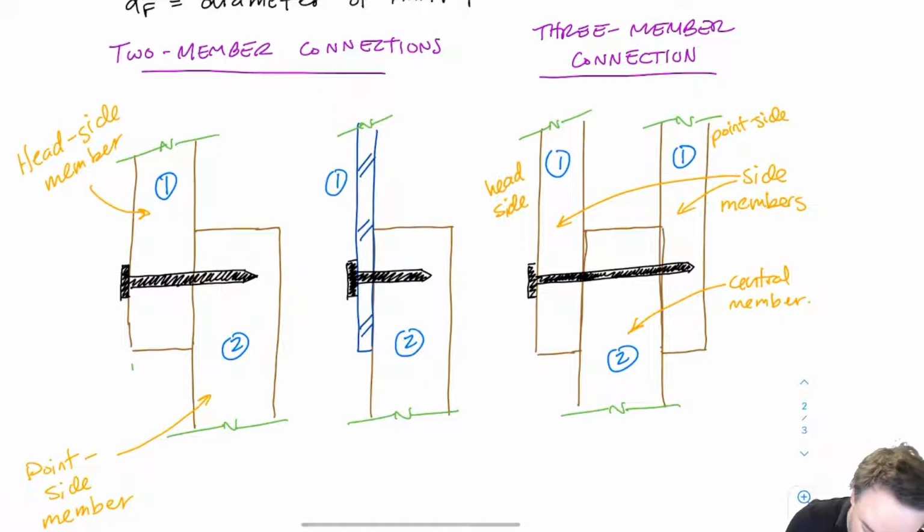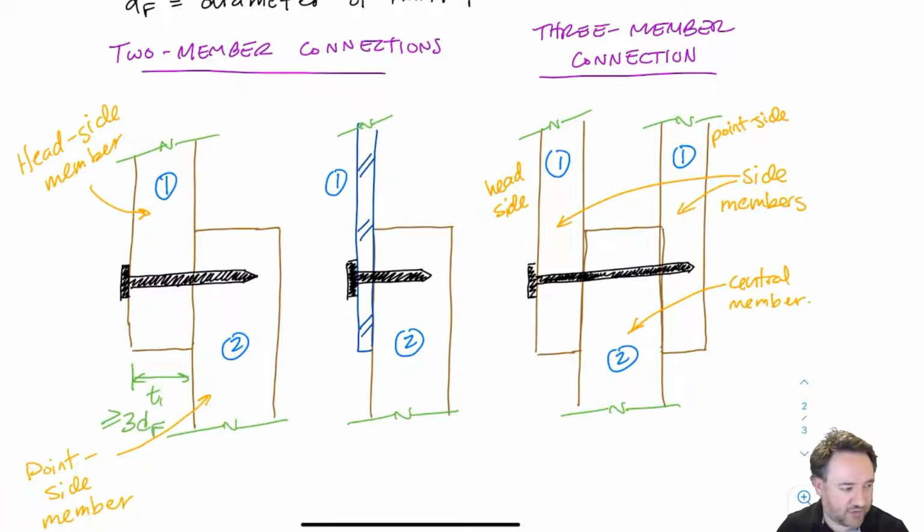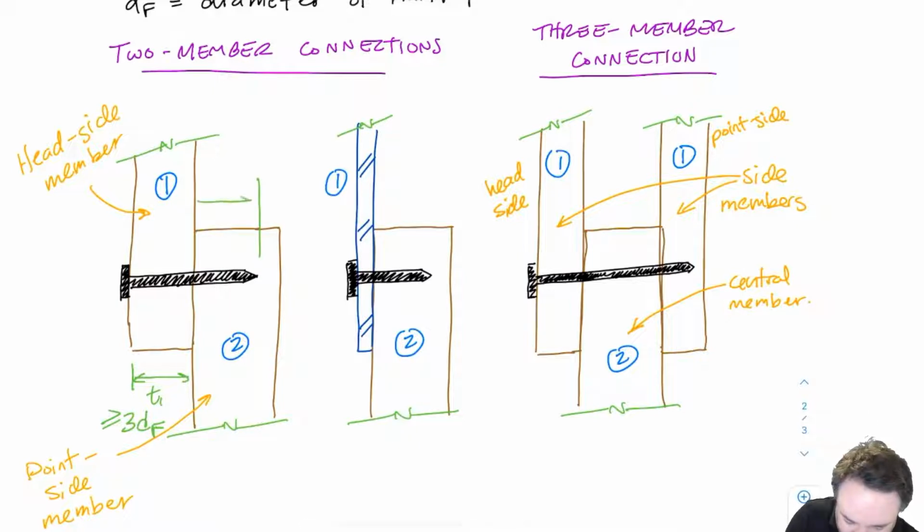So for a wood headside member in a two-member connection, we call that T1, and T1 has to be greater than or equal to 3 times DF, where DF is the diameter of the fastener. So if I have a 3mm fastener, then my headside member has to be at least 9mm thick. I don't have a thickness requirement for the point side member. What I have is a penetration length requirement. We're still going to give this a T name. This is going to be T2 in this case,